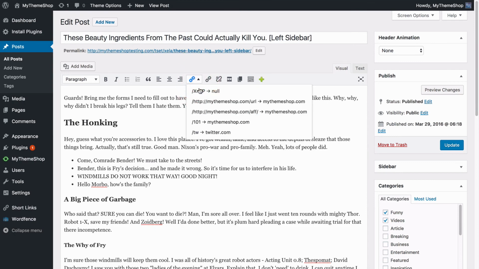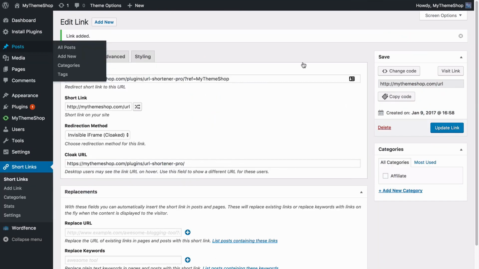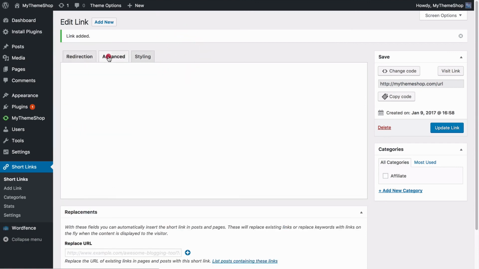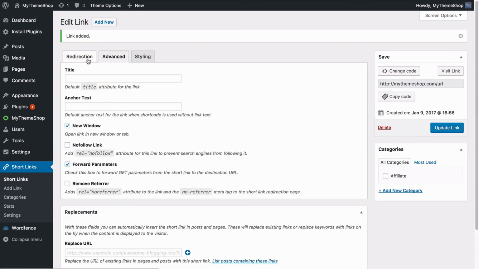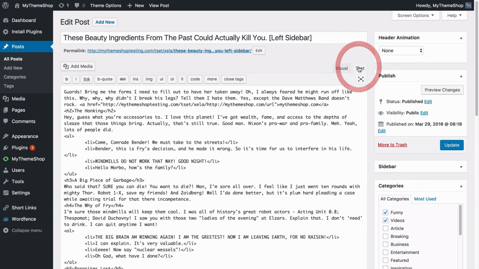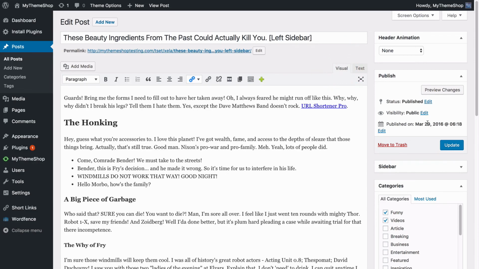So again, we'll use the insert short link button. You can of course also grab the URL or the short code or the HTML code from there. You'll note as we didn't select any anchor text, so we didn't select any default anchor text here, this just shows up as the URL here. We can change this very easily. So I'll just set this to URL Shortener Pro. Add in a full stop there. So now if we have a look at what that looks like on our site,